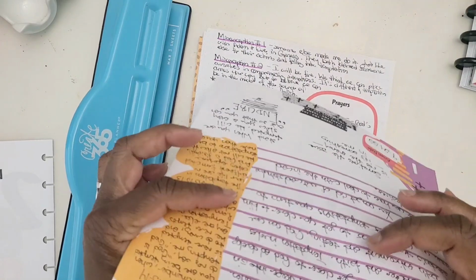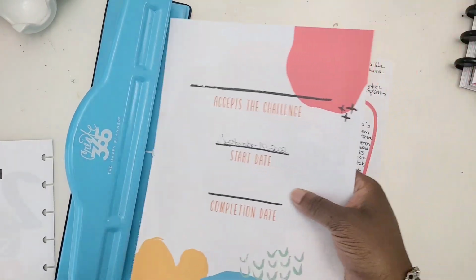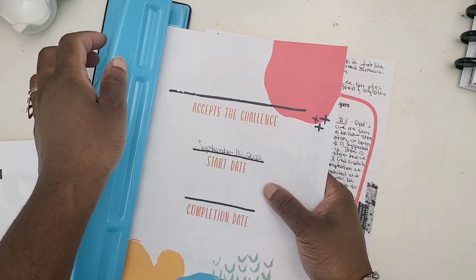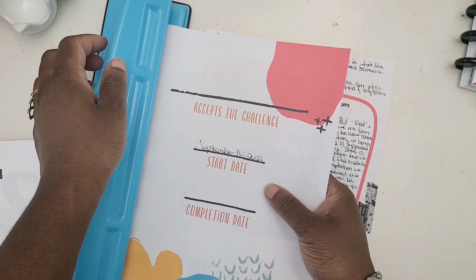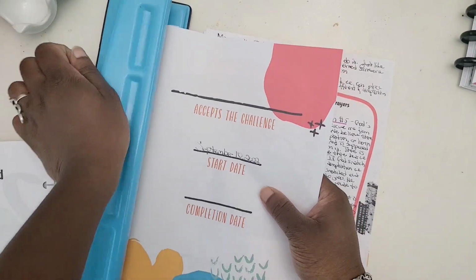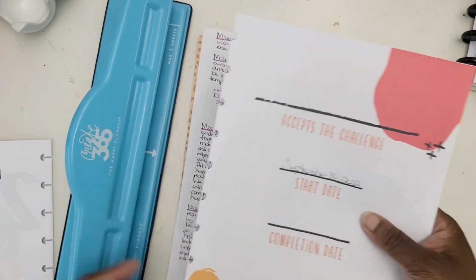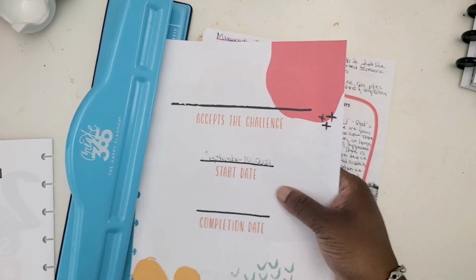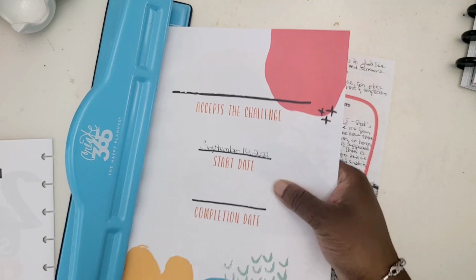So I'm just going to go, ooh. This is where, let me see how this goes. Because I've already written on here. Look at that. Why did it do that? I felt like something was off too when I went to put it in there. I was like, why is it? That's why I said,